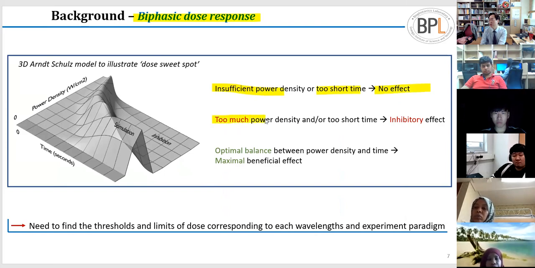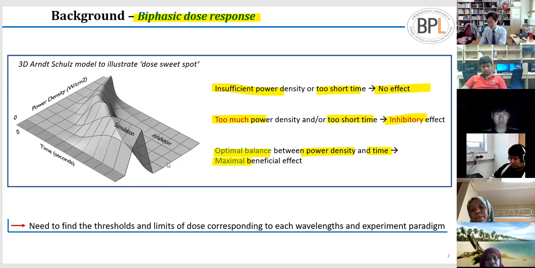However, if there's too much power or maybe too long an exposure, then it can also cause an inhibitory effect. So it is important to find the optimal balance between the power density and the exposure time to have the maximum beneficial effect from the